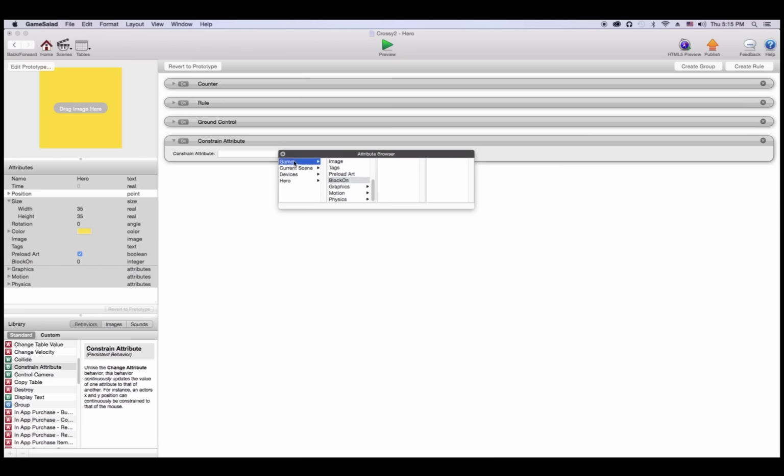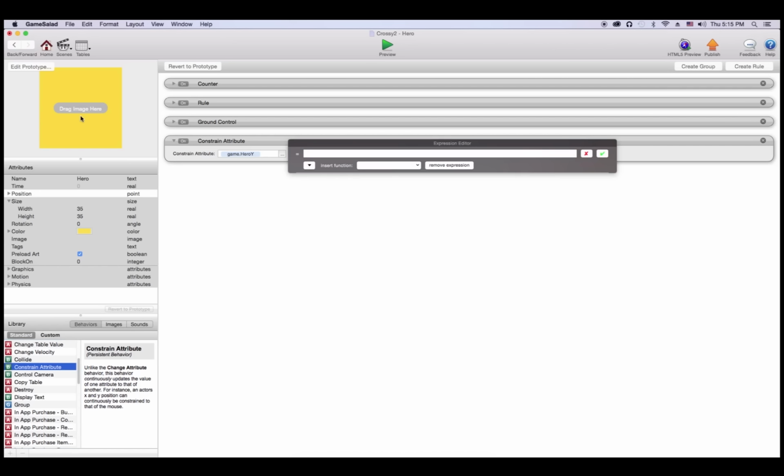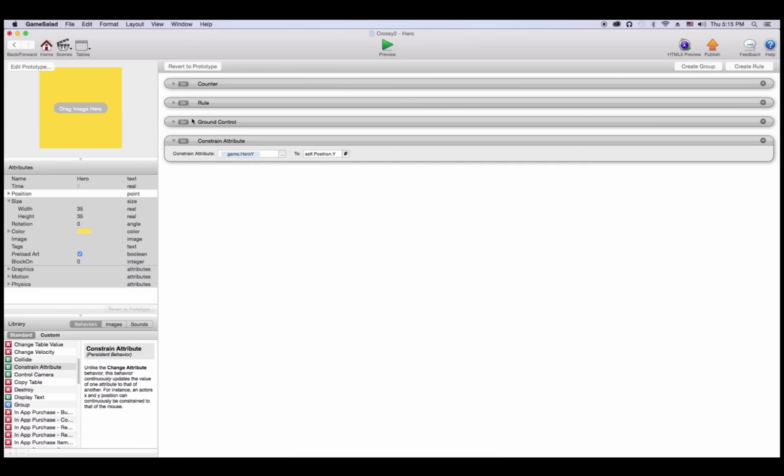So we're going to go to the game, because I created it in the game tab, hero Y, constrain hero Y to this guy's Y position. Hero position Y. Okay, and then we can